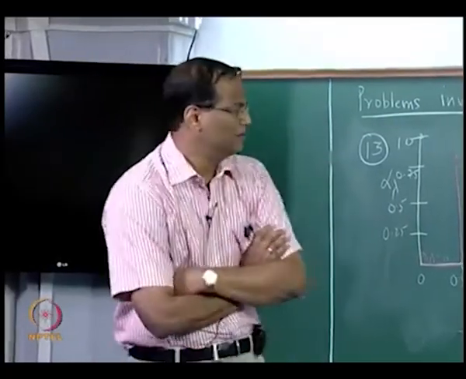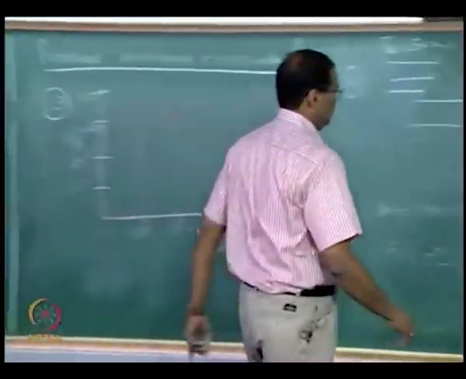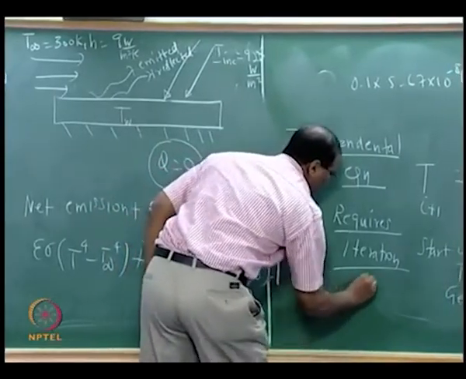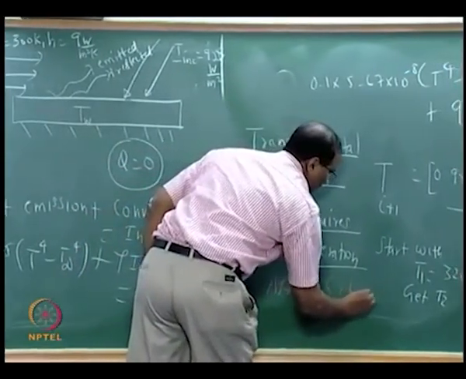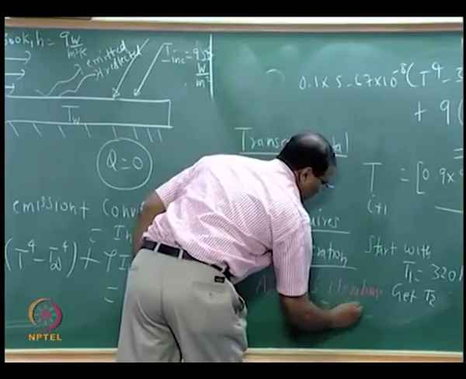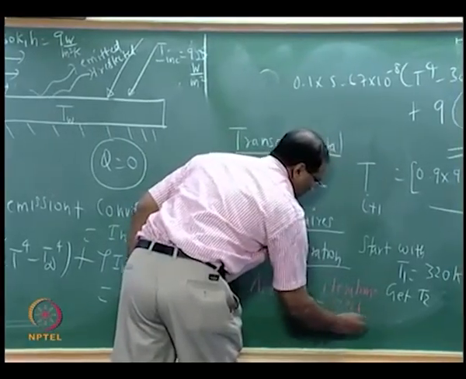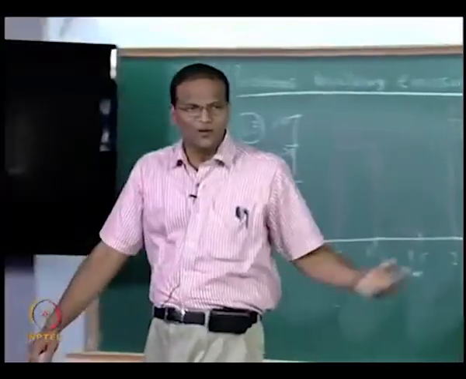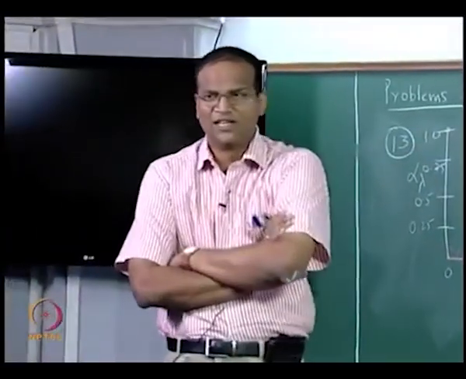386, very good. So how many iterations? After 3 iterations, it is believable. If you have a flat plate collector, you can get around 110 or 120 degrees centigrade, but